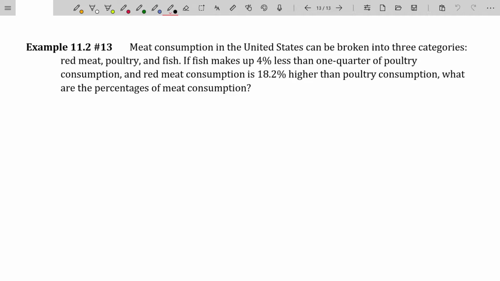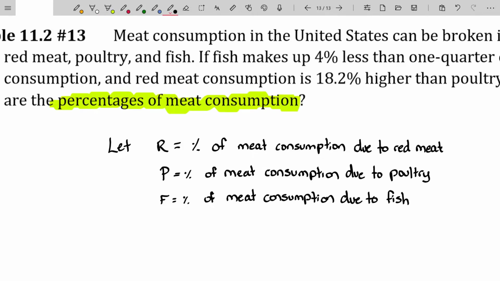The most important piece to note here is where you want to end up. You want to know the percentages of meat consumption. So we're going to define our variables to be that. So here are the variables. Let R equal the percentage of meat consumption that's just red meat, P be the percentage of meat consumption that's just poultry, and F be the percentage of meat consumption that is